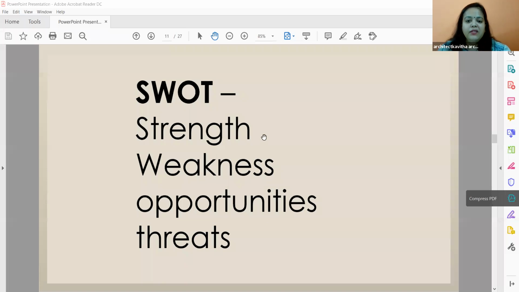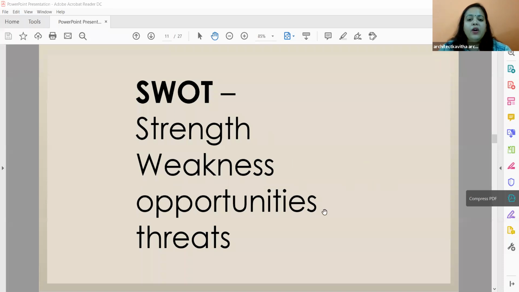So what is the strength? Once you have done your case study or analysis of the site, you will see what are the strengths of the building. It can be the landscape design, it can be the arrangements of rooms. So you will make in points what are the strengths. It can be the skylight, there might be a beautiful skylight, there might be nice landscape, nice pathway. Then what are the weaknesses? If the entry is not proper, or you have observed something, or you feel that this could have been changed. So that is the weakness of the project.